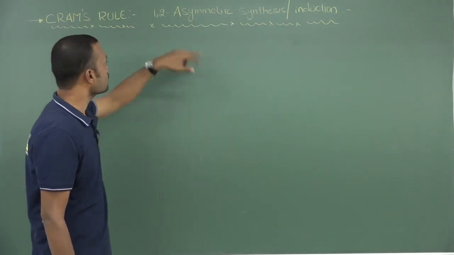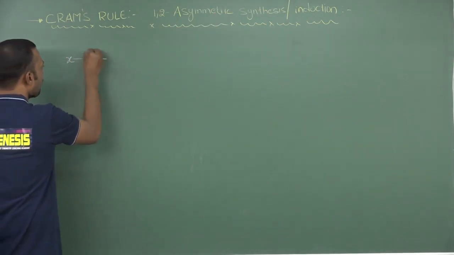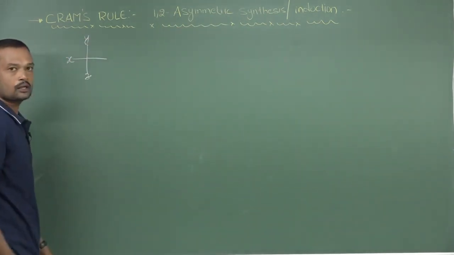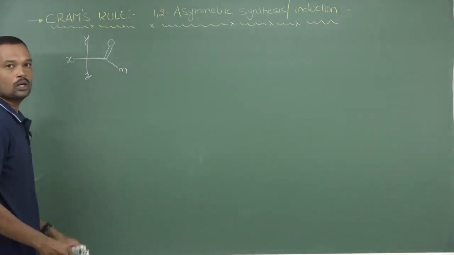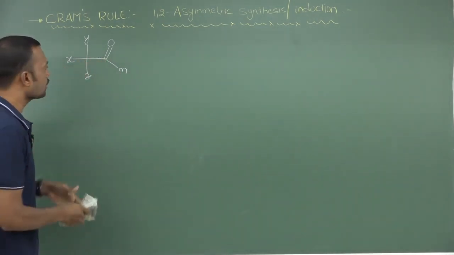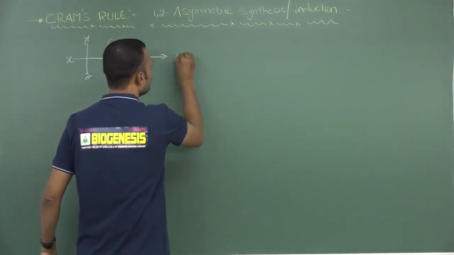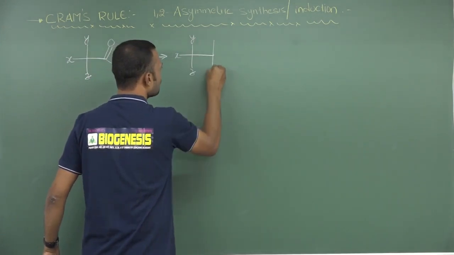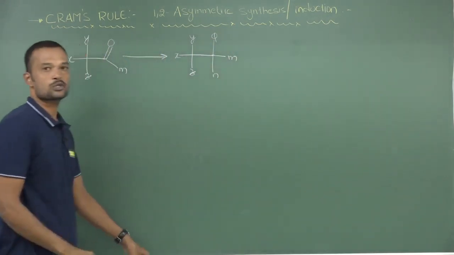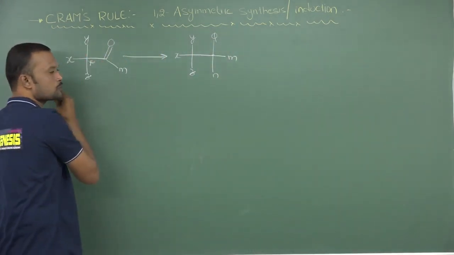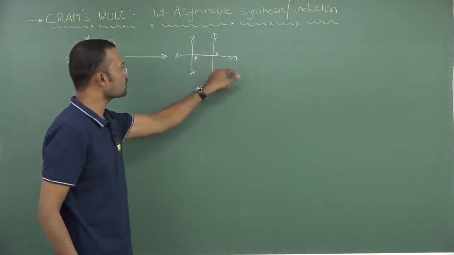So why are we using the word 1,2 asymmetric synthesis? Actually, 1,2 asymmetric synthesis is nothing but, see, here I am going to take a chiral center, and adjacent to it one carbonyl group is present. So adjacent to this carbonyl there is a chiral center. By using a suitable operation, means by using a reagent, now we are going to generate a new chiral center. X, Y, Z, and here C, already M is there, now N, and here we are going to take one more substitution, that is Q. So here already a chiral center is present, and adjacent to this one more chiral center is going to be generated, then that is called 1,2 asymmetric induction.